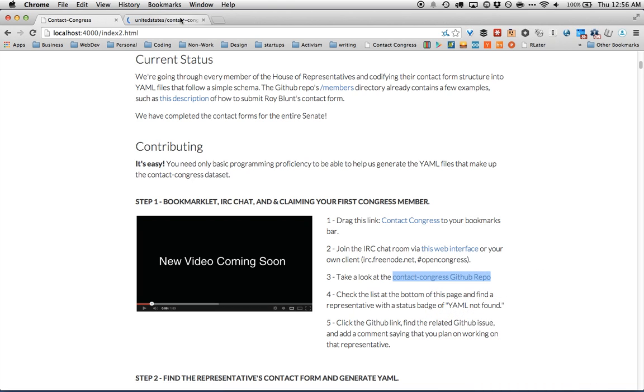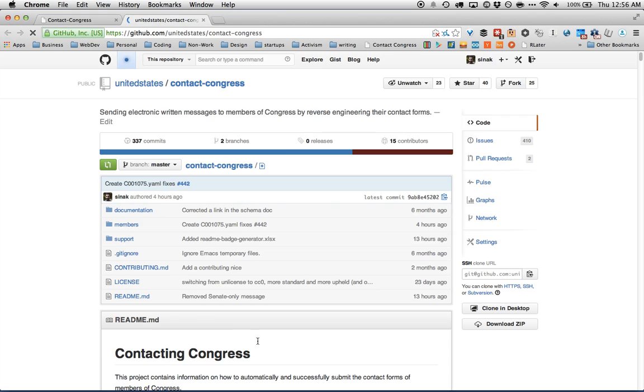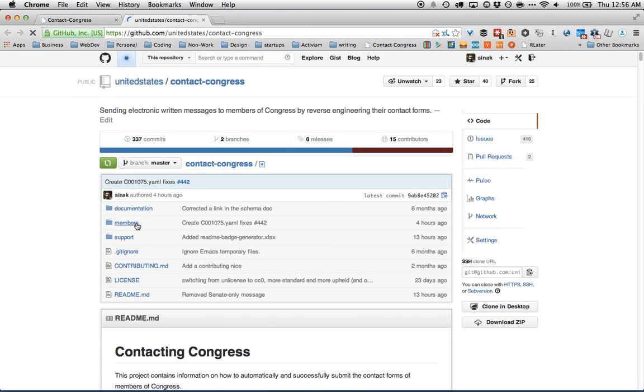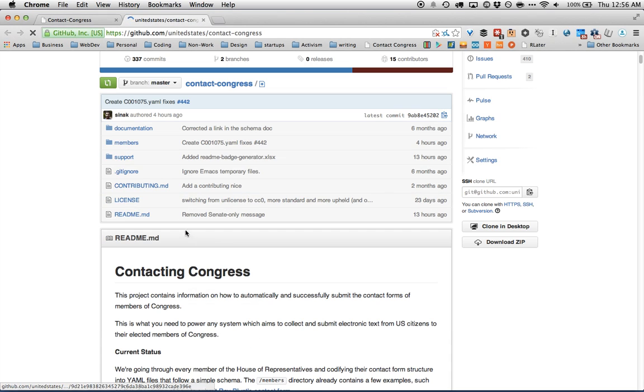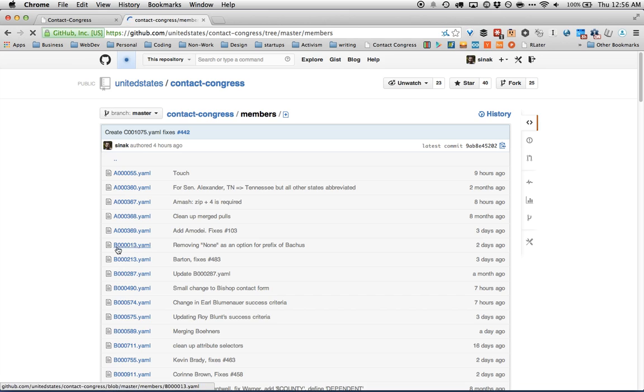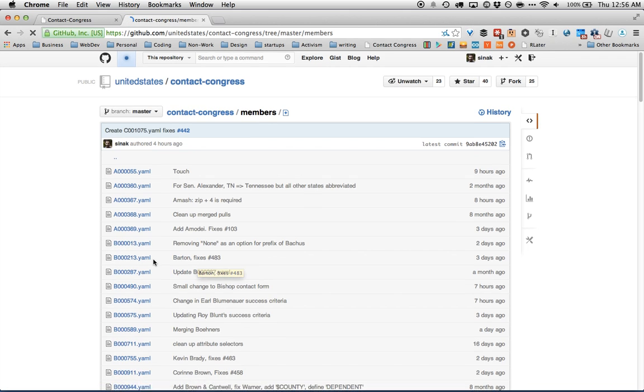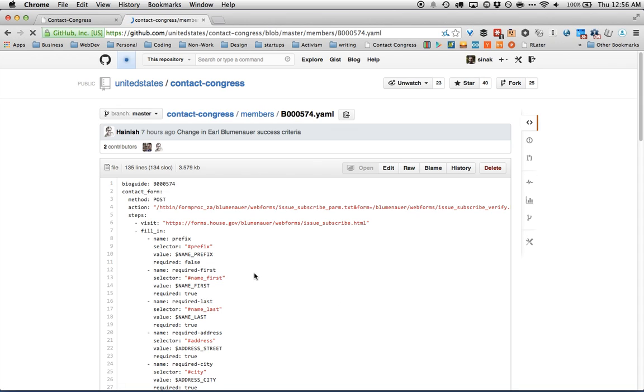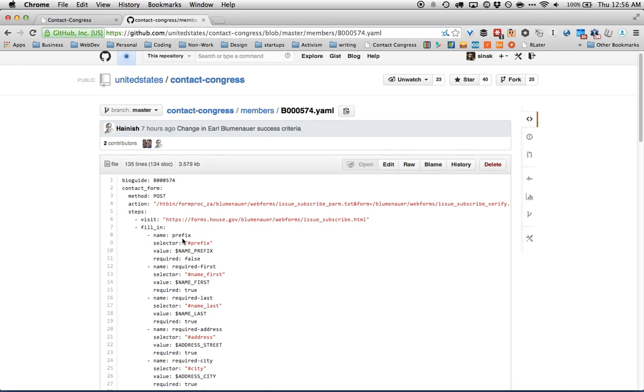Next up, let's open up the GitHub repo. I'll just walk you through this real quick. You can see there's a members folder inside the repo. If you click on that, you'll see a big long list of these YAML files, and each one has a unique code called a BioID. If you click on one of these, you can get a sense of how these YAML files work. Basically, they're a descriptor that tells a piece of software how to go about filling